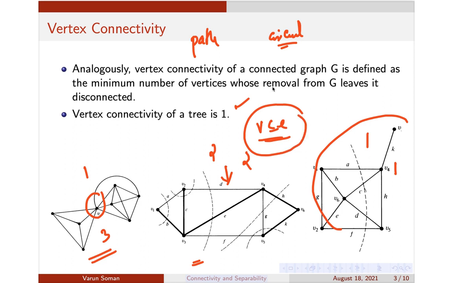And where do these concepts of vertex connectivity and edge connectivity come in? The concepts come in the case of applications, for example, communication networks, or strategic location of assets of a nation. So in all those applications, the concepts of vertex connectivity and edge connectivity will come into play. Why is it so? For example, if you have to establish a communication network, suppose you have to establish so many towers everywhere. We will be discussing how many towers should actually be malfunctioning so that the entire communication system is disrupted. That is one way.